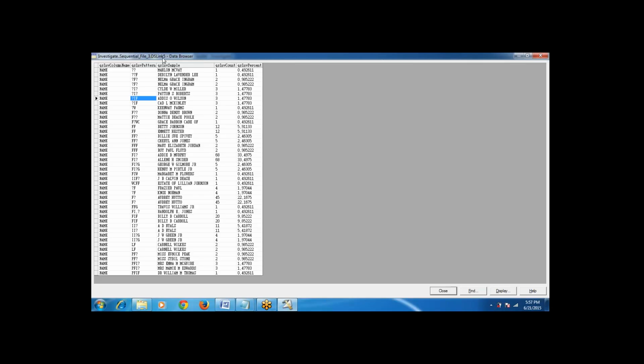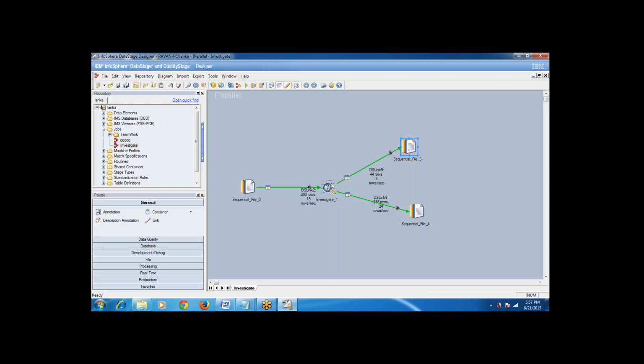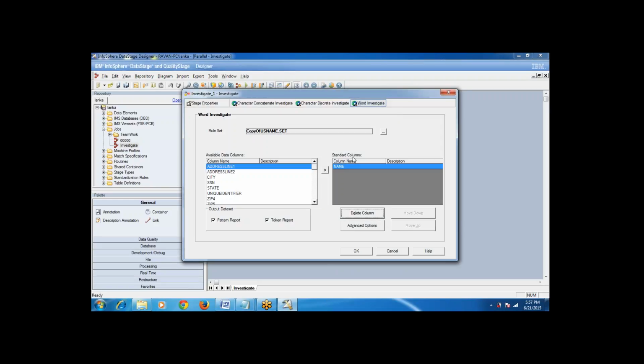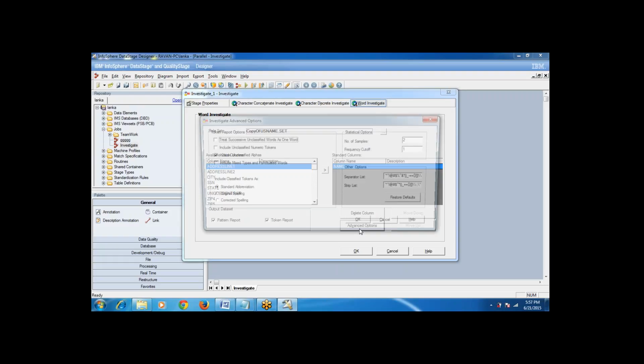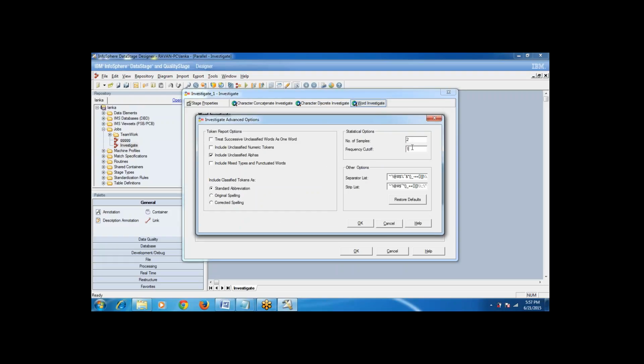So I don't want to see patterns which contain only one single record. I want to see at least greater than 3. Then go to the advanced options, select the frequency option, and specify it as 2.